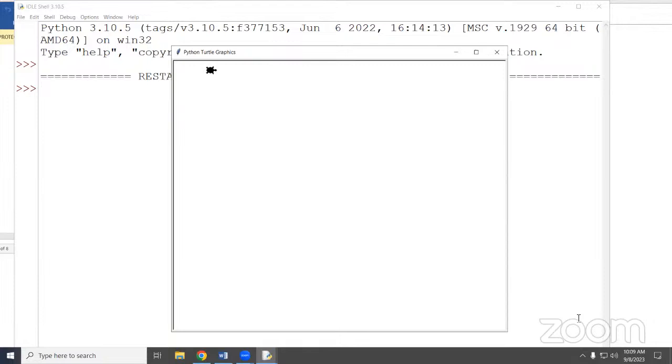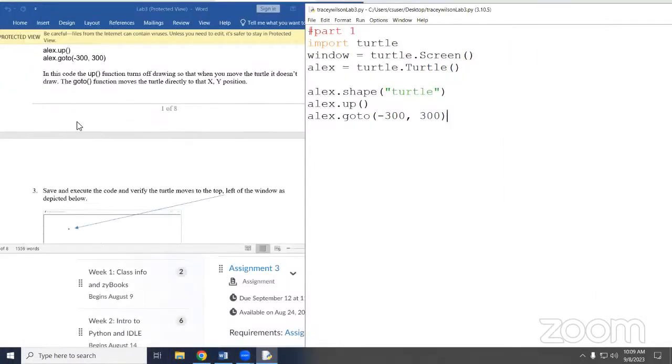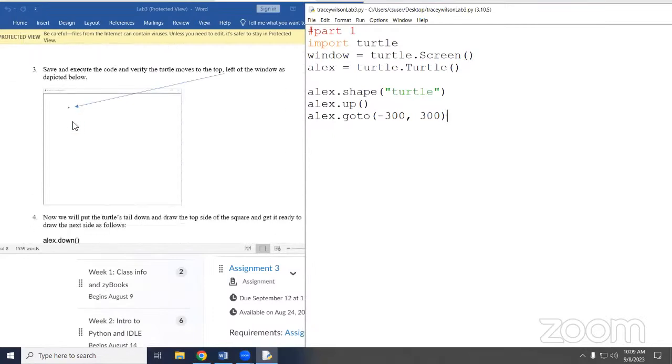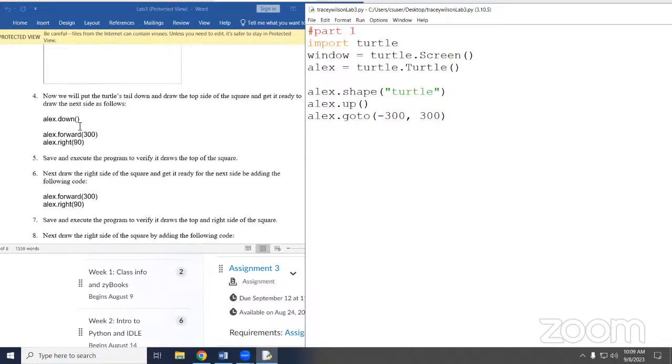Go negative this way, and positive this way. Right? Okay. So we've done that. So now that we've got our turtle up here, we're going to put our pen down and start drawing.